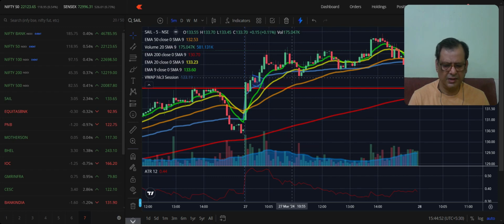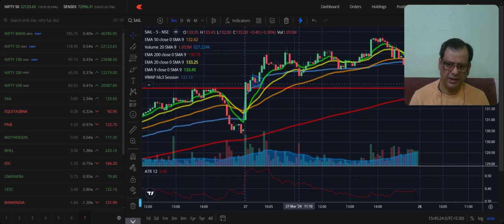Again, the bulls are trying to take the price up. Not much movement, but there is buying pressure. So if you see there's buying pressure, the bottom wick, then you again have a small bearish candle. Nothing much happening here. Now you have an EMA, you have a proper close here. Would I have taken a trade here? I wouldn't. Although there is a small bearish candle and it's closed below the EMA 9, if you can see